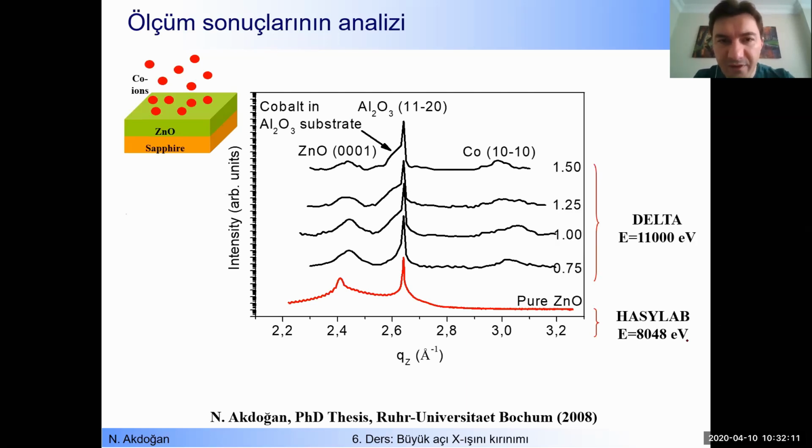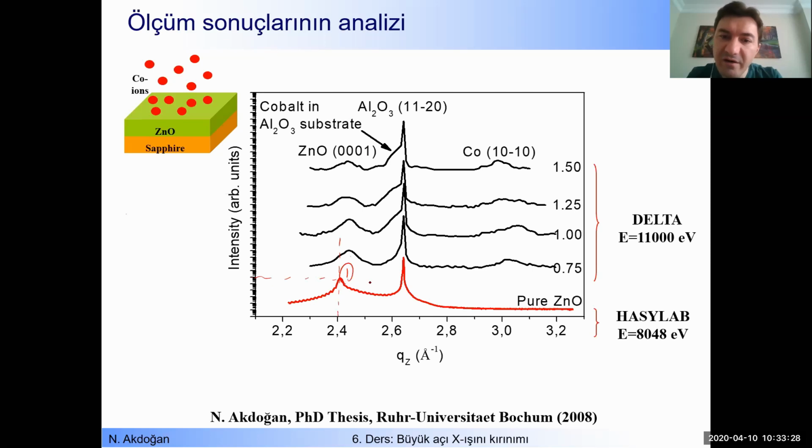So the first one, the position of the sapphire, okay, it is fixed. It is staying at the same position. Sapphire position is fixed. But what about the zinc oxide position? Look at the zinc oxide position. Zinc oxide position changed. You see here that the position of the peak goes to the right side. So what about that information? One piece of information here is the position of the zinc oxide. Another piece of information is the intensity